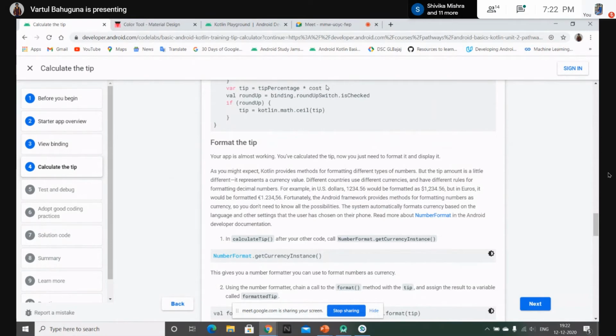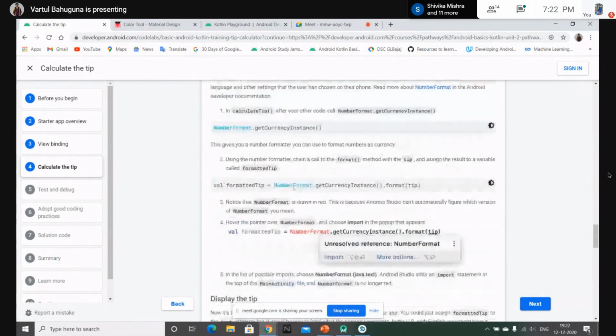So how we will do this is by creating a variable that will get the currency instance, and then we'll format that tip.